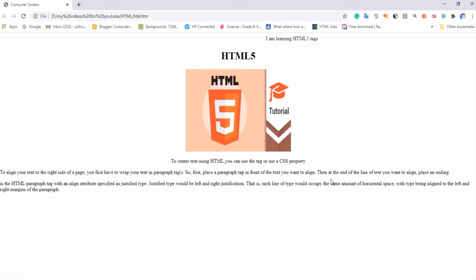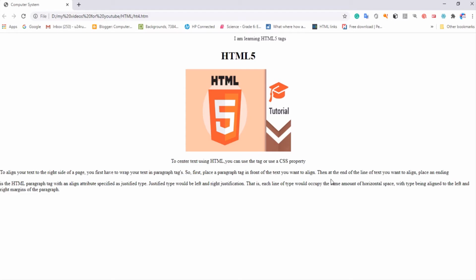Now next is aligning the image horizontally. For this we can use left and right alignment attributes to control the horizontal positioning of an image. It also controls how text wraps around the image. So let's see how to do that.